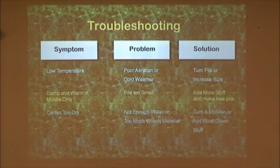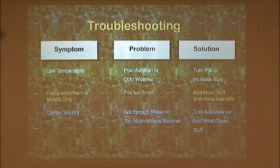Oh, okay. What if your compost pile is just